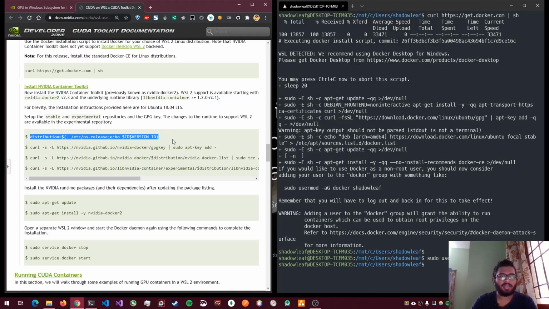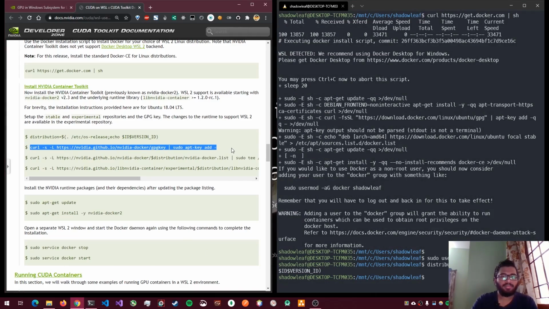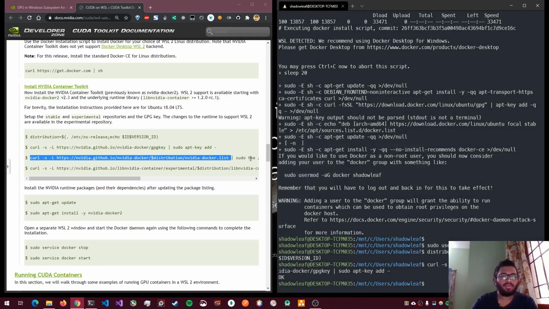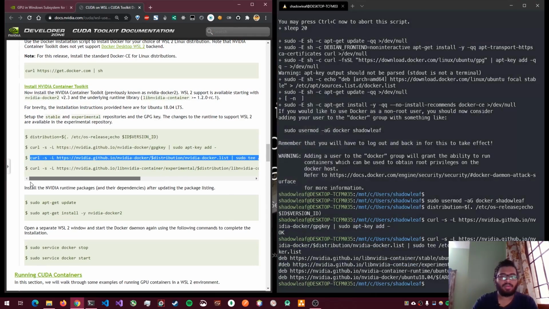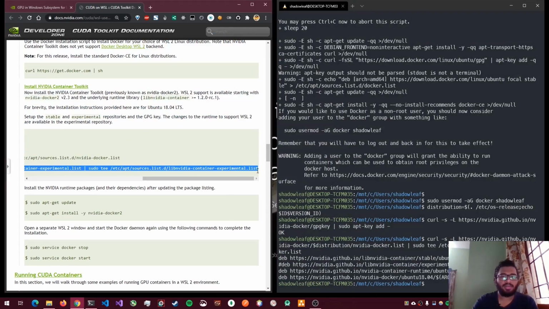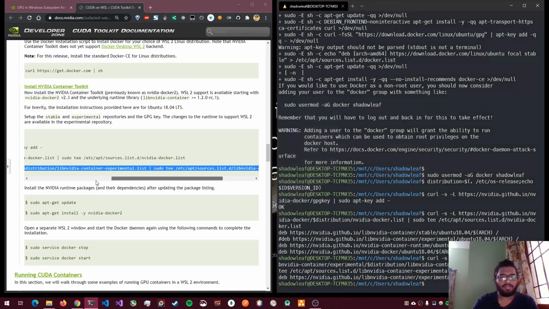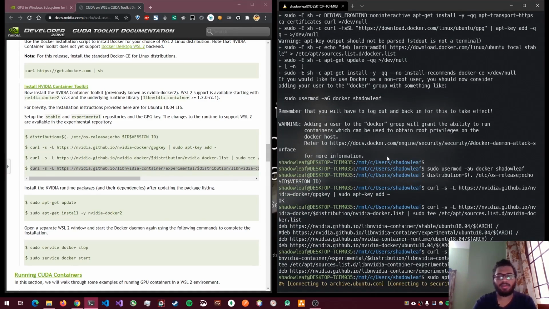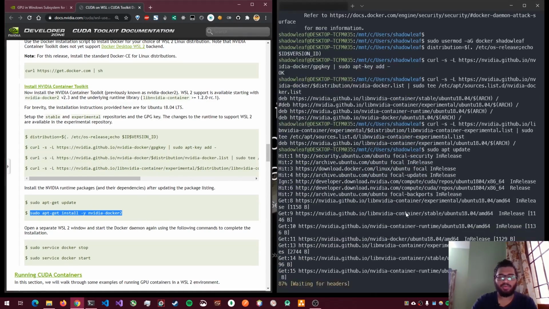I'll copy paste the commands, and the last one. Okay, so now quick sudo apt update and then install nvidia-docker2.